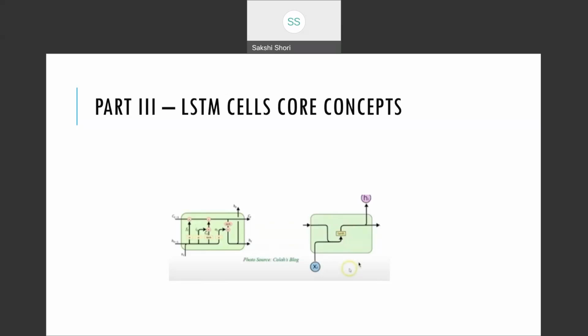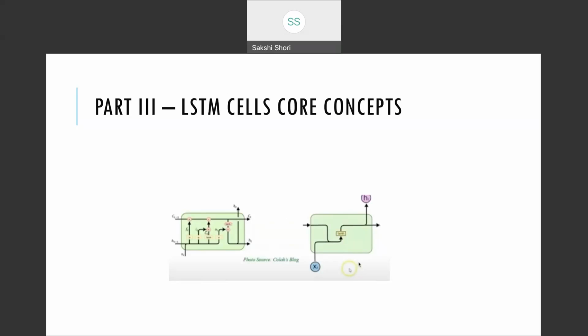Now, the control gates are analog in nature, and they are implemented with element-wise multiplication by using either sigmoid or hyperbolic tangent or tanh functions, right? As we can see here, these are your activation functions. These gates are very similar to neural network nodes that decide what information will be allowed to enter the cell state or can be removed from the cell state.